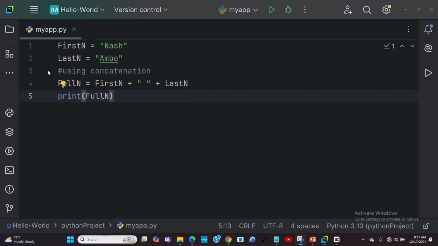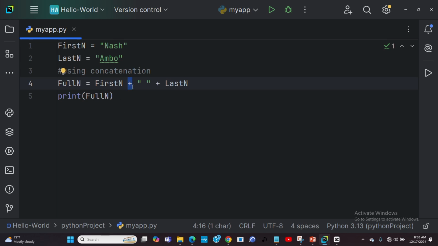So understanding strings in Python, if you look here, the first name I've defined, I've given a string that is Nash. Last name, I've given another string that is Amber. Then using concatenation, I want to concatenate these two strings. Means that when I print it, I want to see it as Nash Amber. Those are the names I want to see. You get it? So if you come now, we have the full name. I'm declaring another variable full name that is holding the concatenation of these two strings. I'm having the first name and I'm saying first name plus